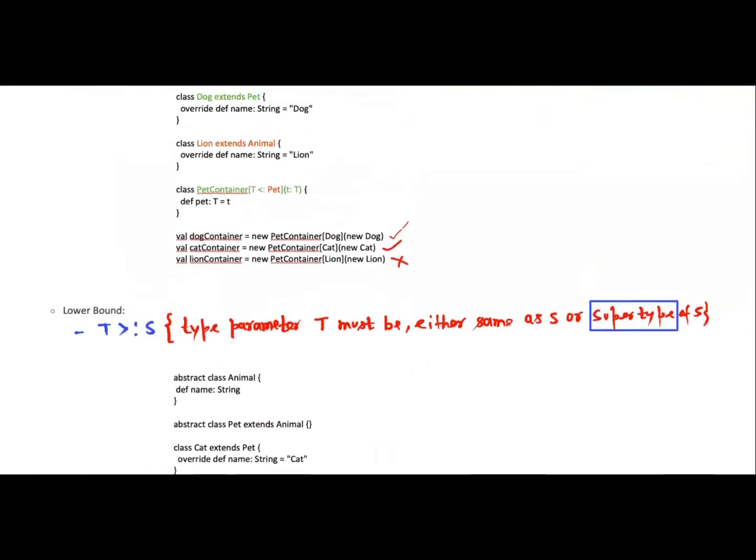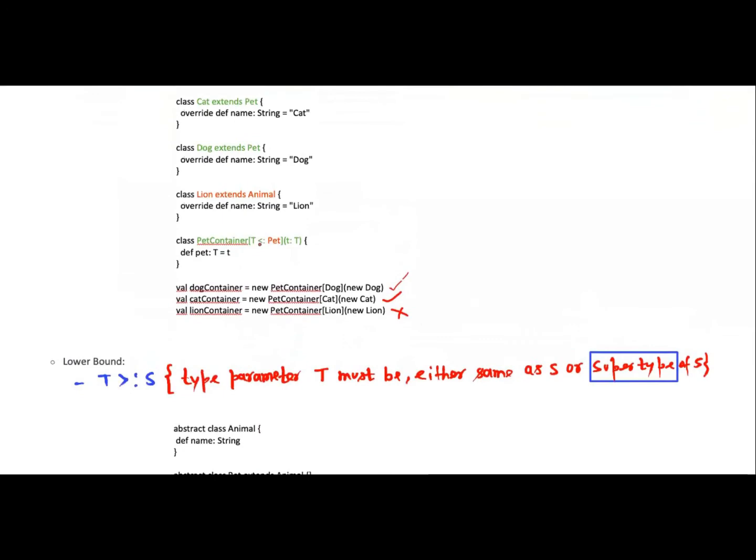Let's see which statement would be executed in the case of this greater than symbol. Earlier it was the less than symbol. In that case, if it is a dog, it means this T parameter can be dog or the superclass of dog.